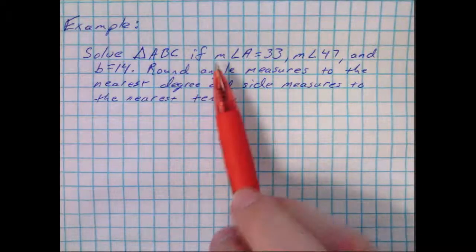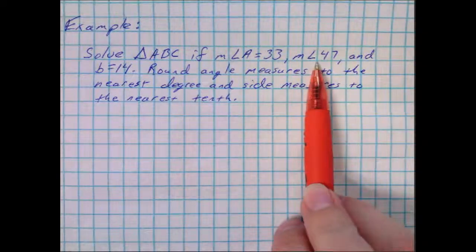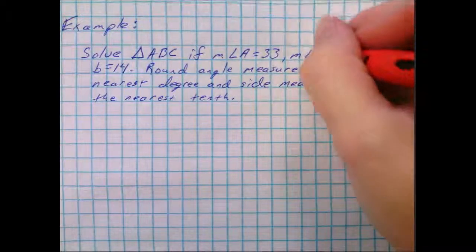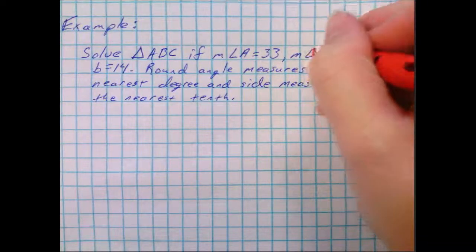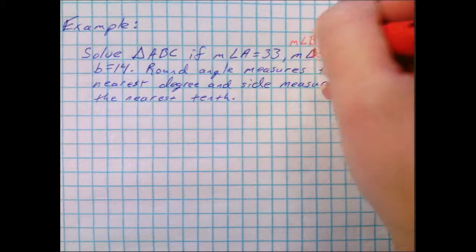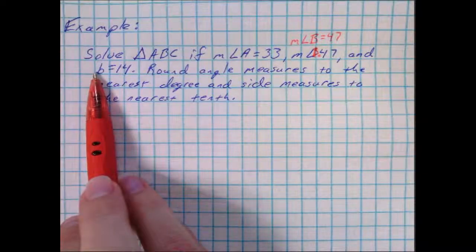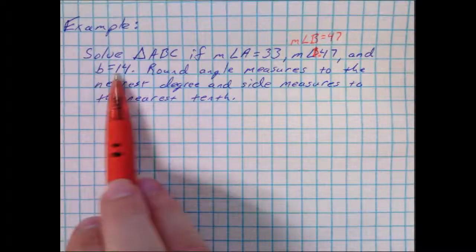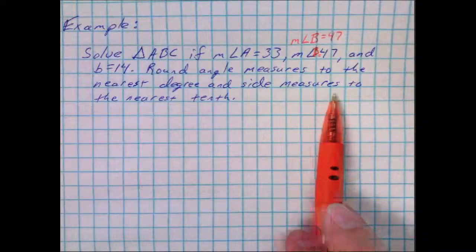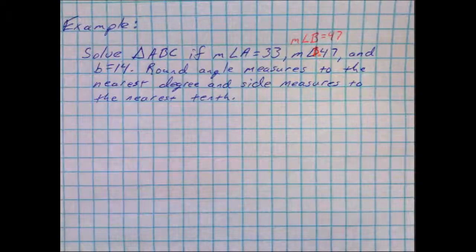If we know the measure of angle A is 33, the measure of angle, I apologize there, I forgot to finish that. This is angle B. Angle B equals 47, so I'm just going to write that up above. And side B, lowercase b, equals 14. We're going to round angle measures to the nearest degree and side measures to the nearest tenth. Okay? Alright, so if we draw this triangle,